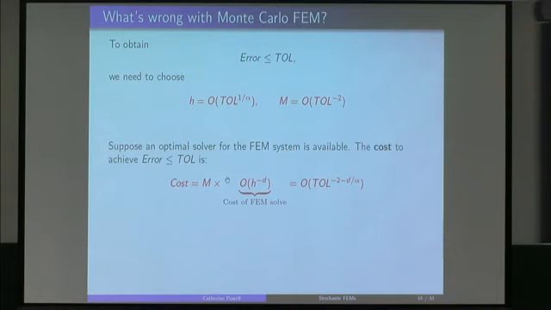So if you're in 3 dimensions, d would be 3. If you're in 2 dimensions, d would be 2. So then if you say, okay, what does it cost me to implement the method in such a way that I can compute my approximation and honor this? Well, I stick those two things in here, and this is what I get. The cost grows proportionally to the tolerance in this way. So tolerance to the minus some power.